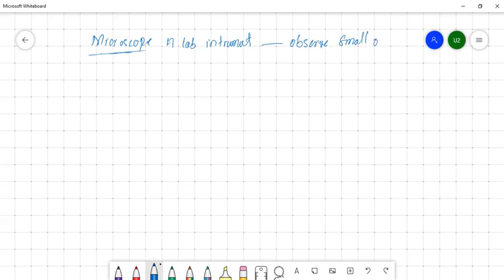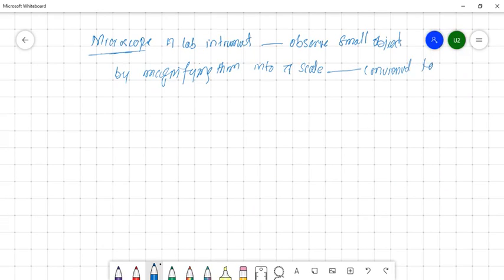Observe small objects by magnifying them into a scale which is convenient to human eye,